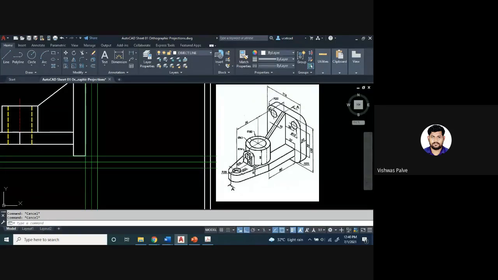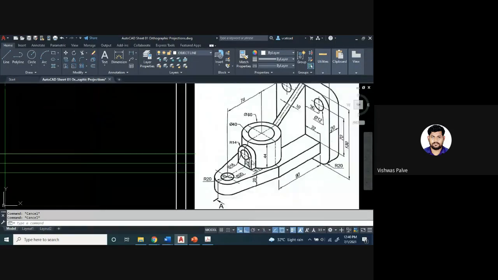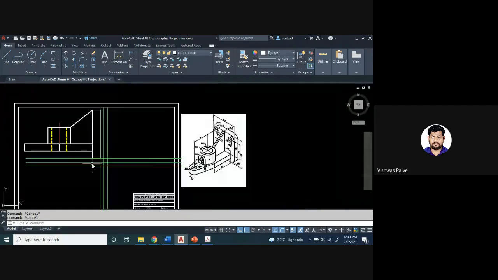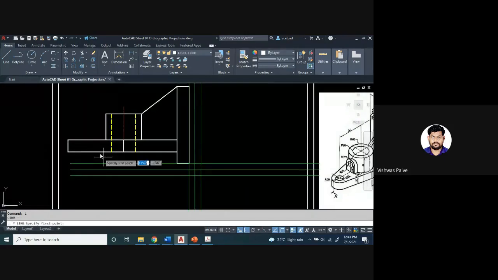Okay. This slot, the circular slot part which we have to complete now. How much is the vertical distance? 22 millimeter, and 6 millimeter is the depth. So to represent that, 6 millimeter from the cylinder, 22 millimeter from the edge. So we have to draw it here. L enter 6 millimeter, then vertical distance 22 millimeter, and the radius of 14 millimeter.